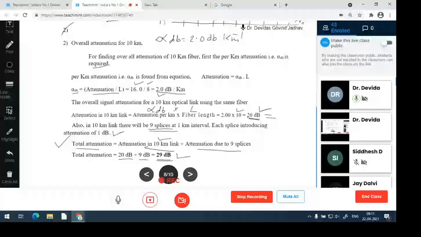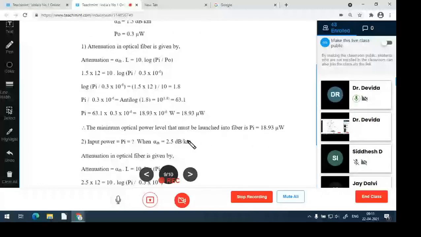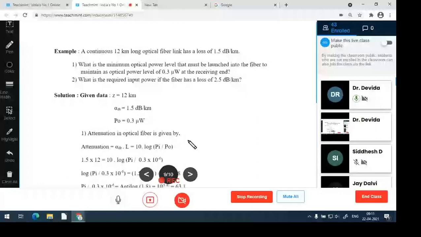And this will help in calculating and solving correctly and scoring the marks, because these are simple problems. So let us check the next problem. A continuous 12 kilometer optical fiber link has a loss of 1.5